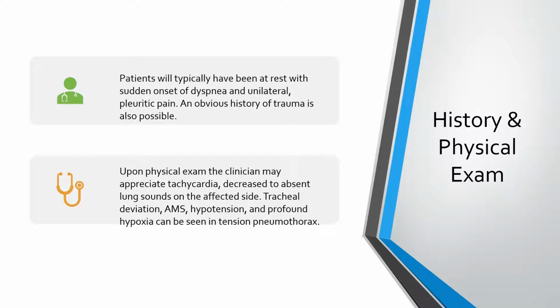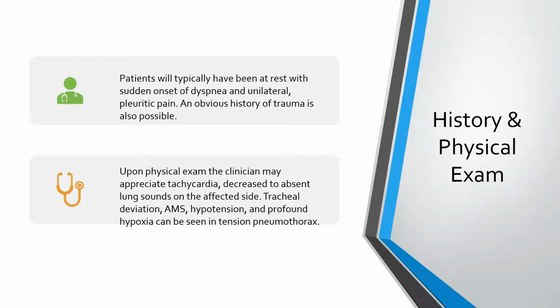So for your history and physical exam, the patient will typically have been at rest for a spontaneous pneumothorax, with a sudden onset of dyspnea and unilateral pleuritic pain. This occurs in about 90% of spontaneous pneumothoraces. Other possibilities include recent airplane travel or scuba diving. For a traumatic pneumothorax, there will be an obvious history of some traumatic event in the time period leading up to presentation. For the physical exam, you may appreciate tachycardia, decreased or absent lung sounds on the affected side,